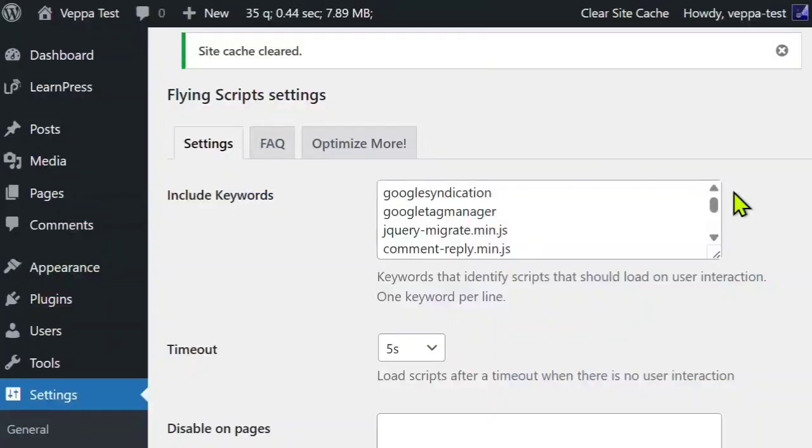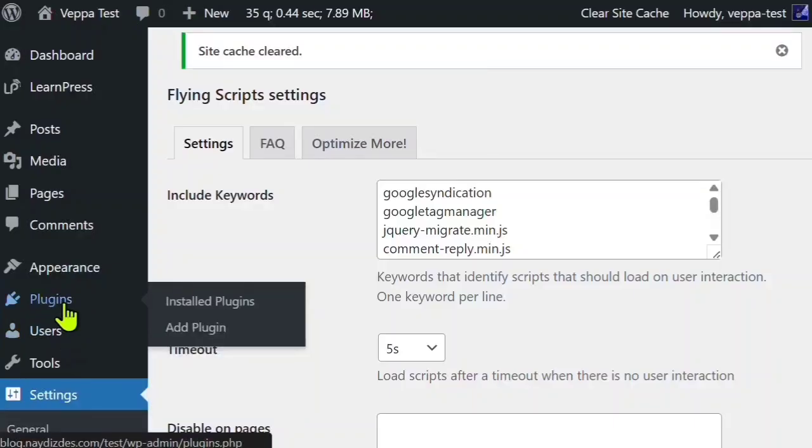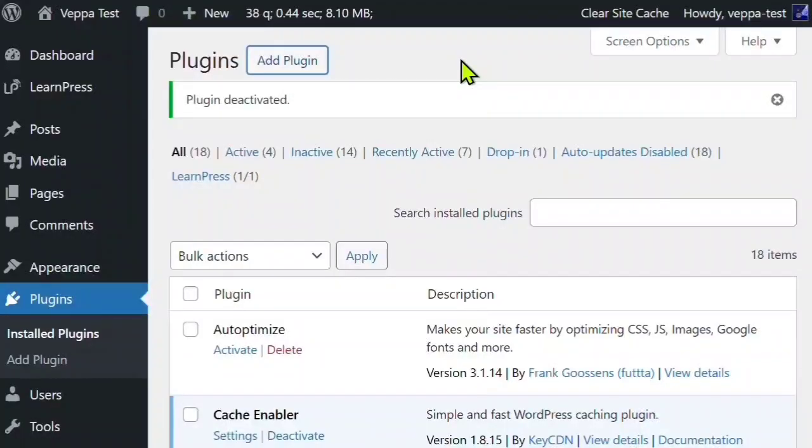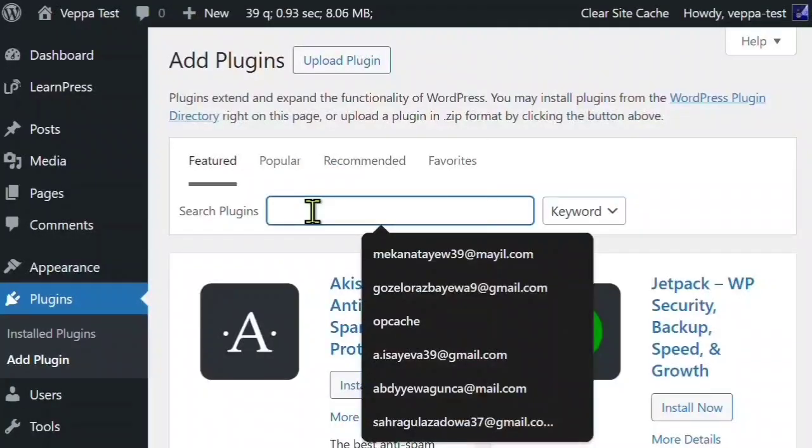So no matter which settings we use, which additional keywords we add, we cannot fix it with Flying Scripts. For that reason, let's remove it. Flying Scripts will not work for LearnPress website. And I spent lots of time trying to fix this issue, and finally I fixed it. So let's go to plugins and disable Flying Scripts, deactivate, and add another plugin,